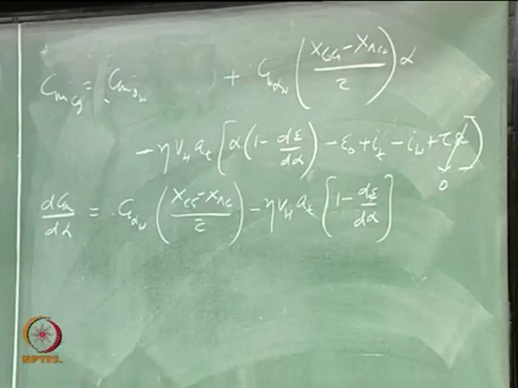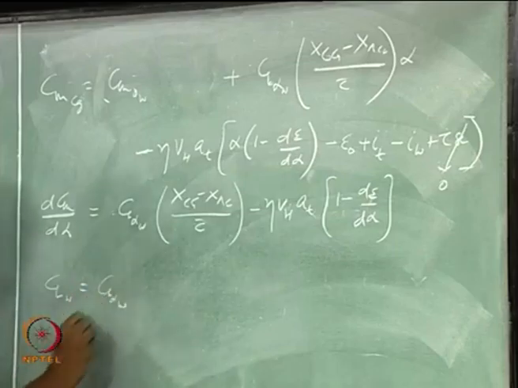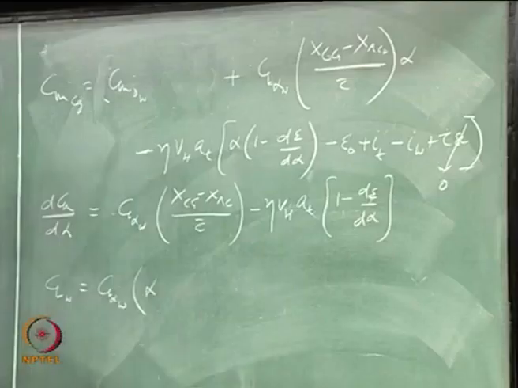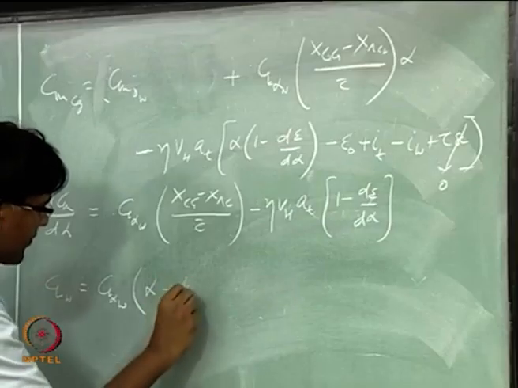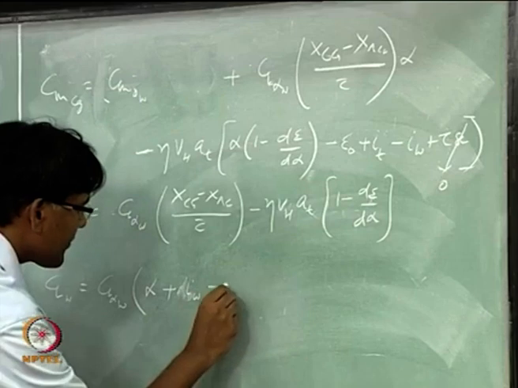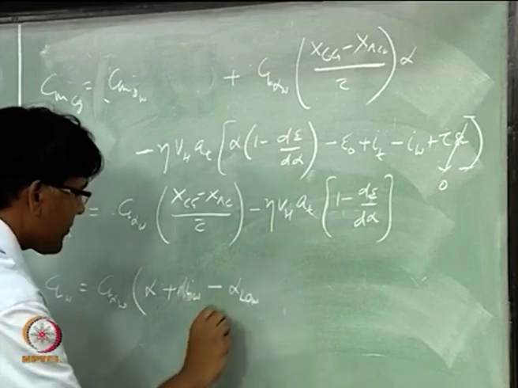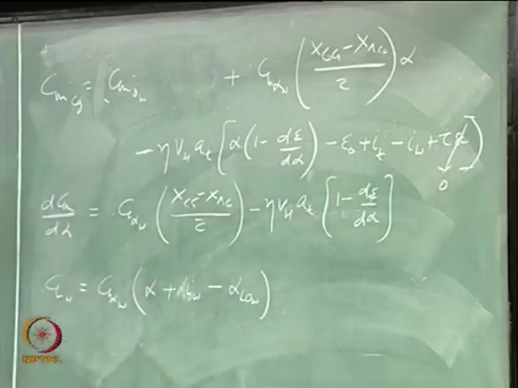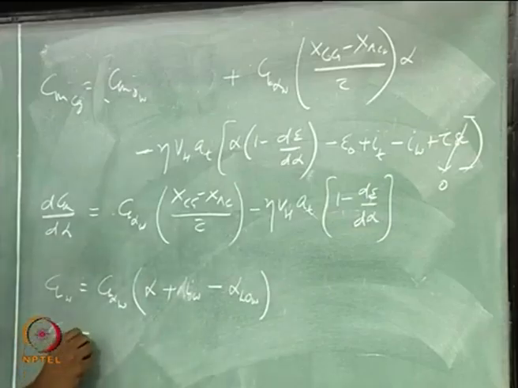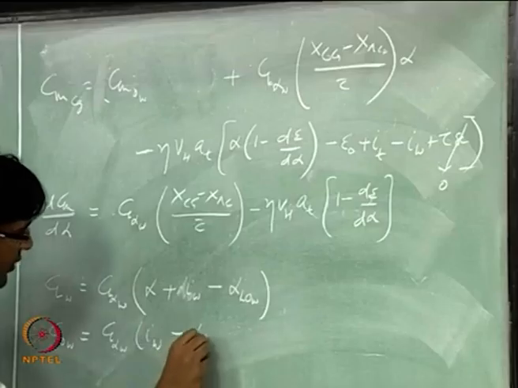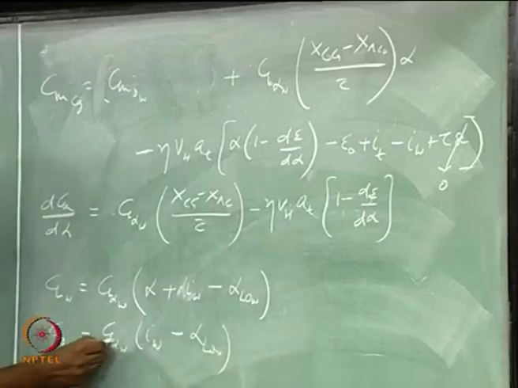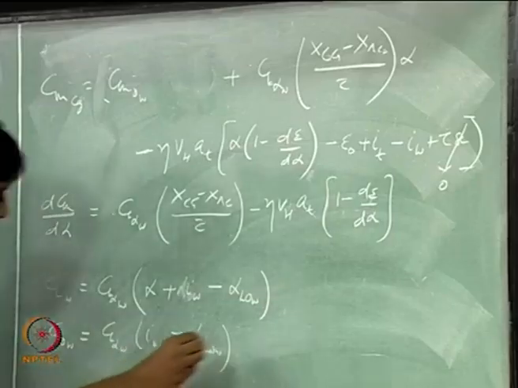So, I am setting this alpha to 0 and that is CL naught W, and that will give you